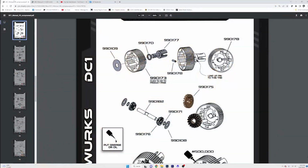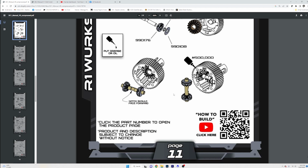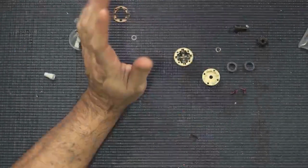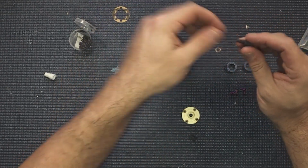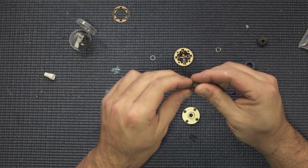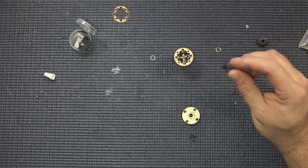And if we take a look here at the instructions, we've kind of bypassed a lot of different parts on this. So you can see we've already done this, and now we are on to this step here, which is pretty much the same thing. So we're just going to take our outer diff cover, and we're going to take a little bit of that anti-wear grease and put that on here, nice and smooth and not super thick. Wipe off the excess,